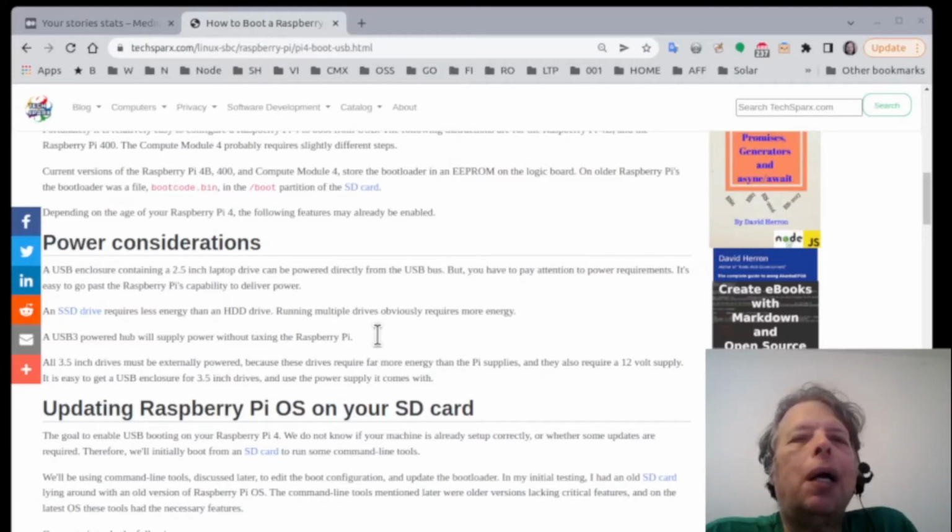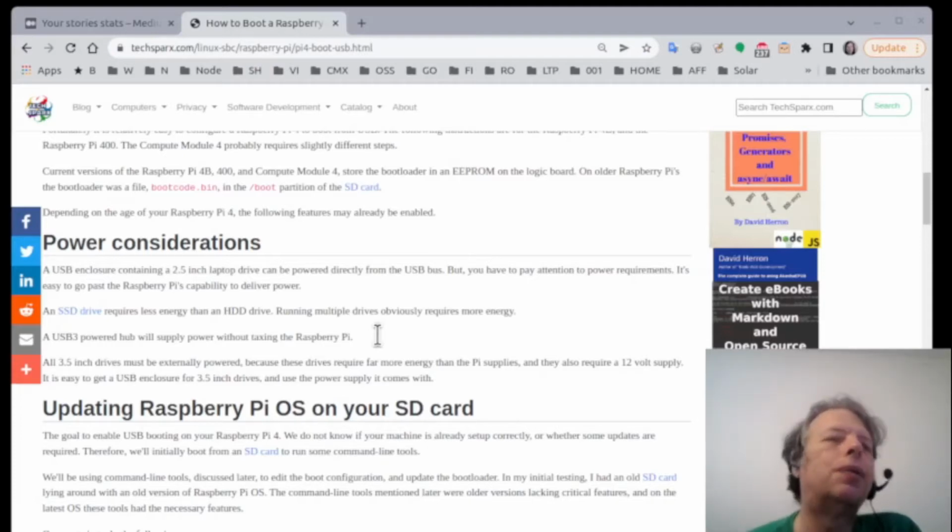The Raspberry Pi has a limited amount of power. So if you need to run more than that, then you will need to use a powered hub. That is a USB 3 hub that has its own power supply, and it uses that power supply to power the devices attached to the hub. Another option is to instead use powered devices. For instance, 3.5-inch drives are always self-powered, and they don't draw any power off of the USB bus. You can use as many of those as you want with a Raspberry Pi because they're self-powered. So with those considerations out of the way,